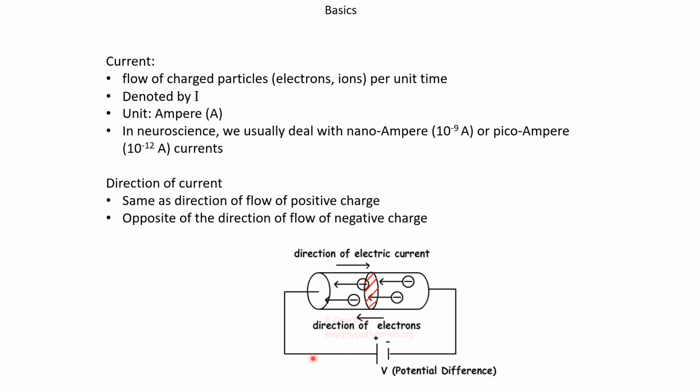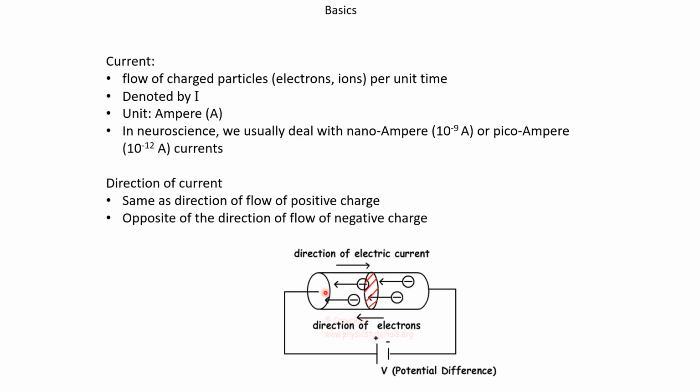This is a very simple electrical circuit with a battery, a wire, and let's say a resistor. If the positive terminal of the battery is facing this side, then current will flow in this direction. But if you zoom into the resistor, you will actually see the electrons moving in the opposite direction of the current. By convention, the current is defined to move in the direction of the positively charged ions, or opposite to the negatively charged ions.